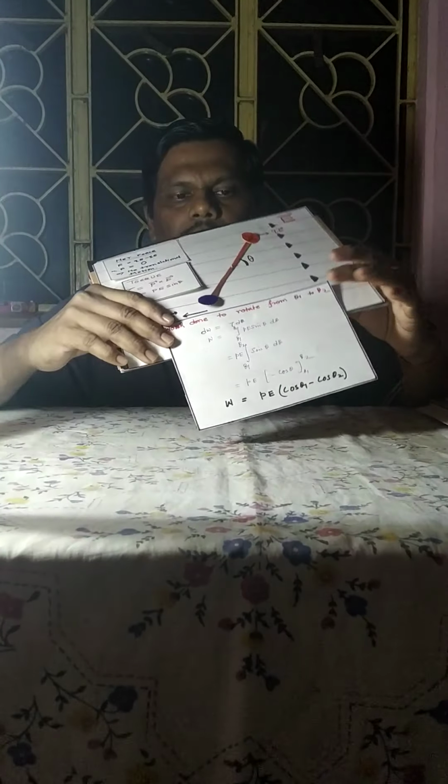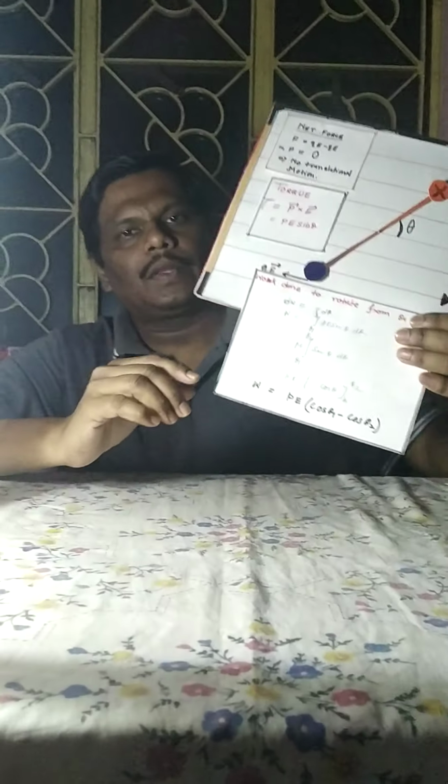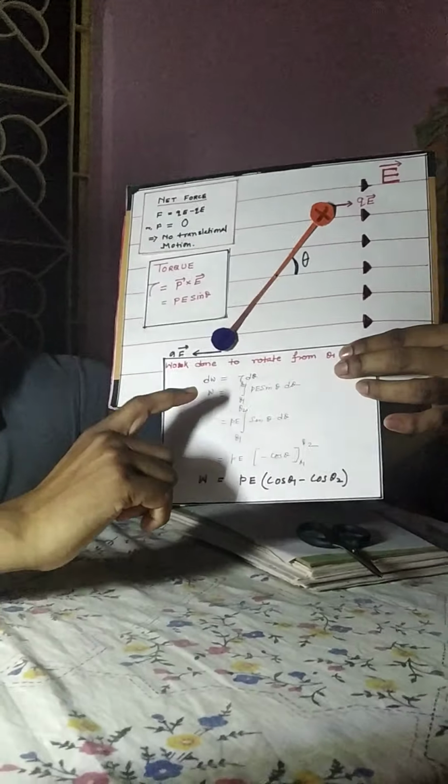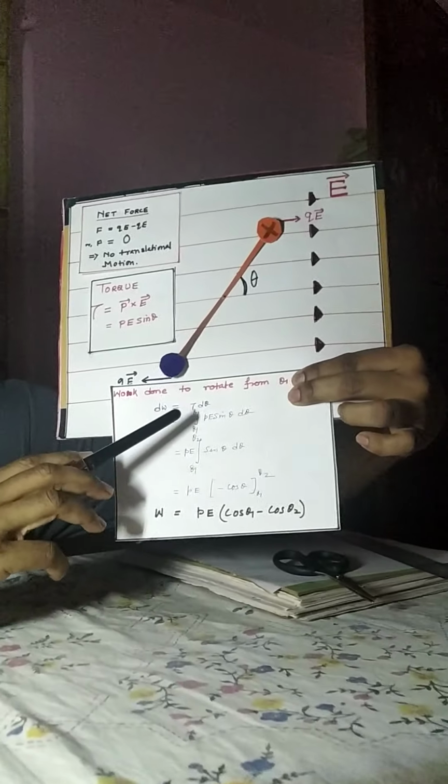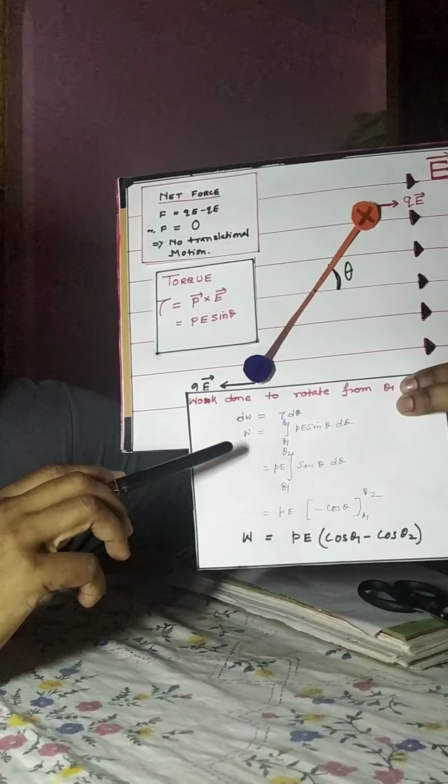Work done. To calculate work done in rotational motion, what do we do? Torque times d theta. This is just like force times dx, that is F dx, when translational motion is there. In case of rotational motion, we calculate work done as dW equal to tau d theta, where tau is torque. Okay, so dW is equal to tau d theta,